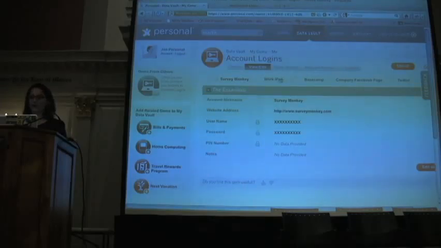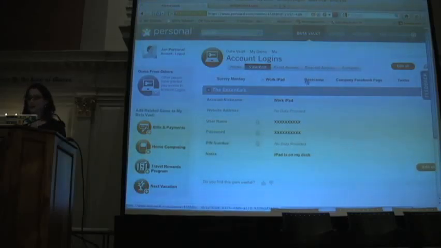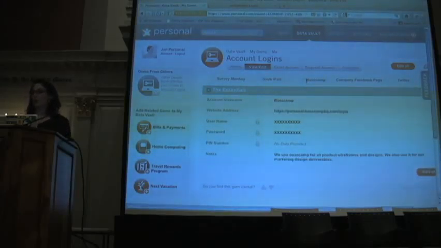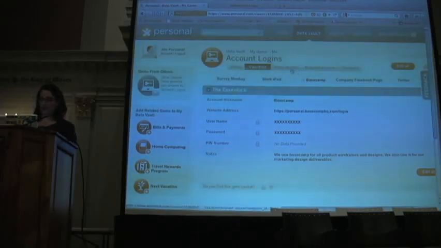What are the SurveyMonkey credentials? We have an iPad at the office. How do you download an app? How do you unlock it? What do we use Basecamp for? How do you log into the company Facebook page? Things like that. And if I wanted to grant access to this information to a new hire, I can go